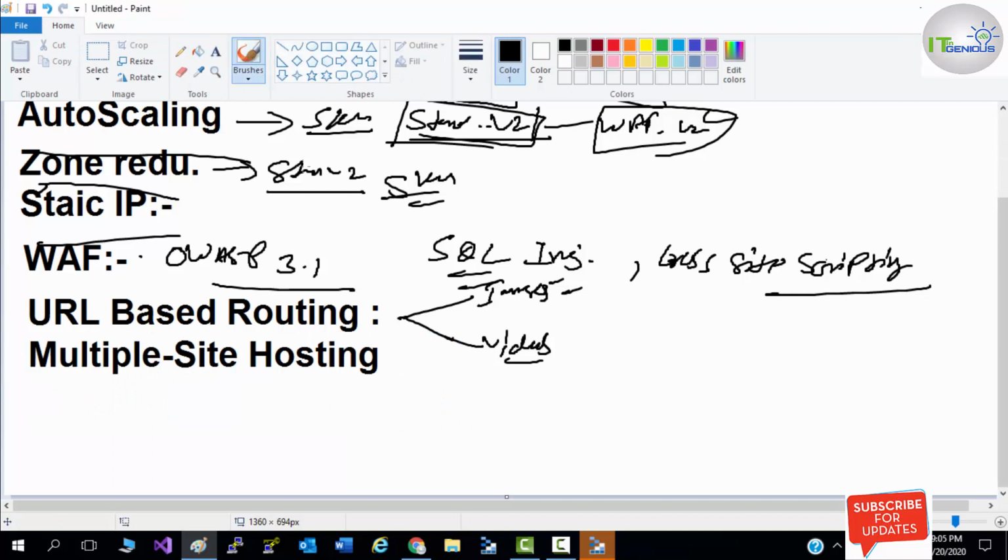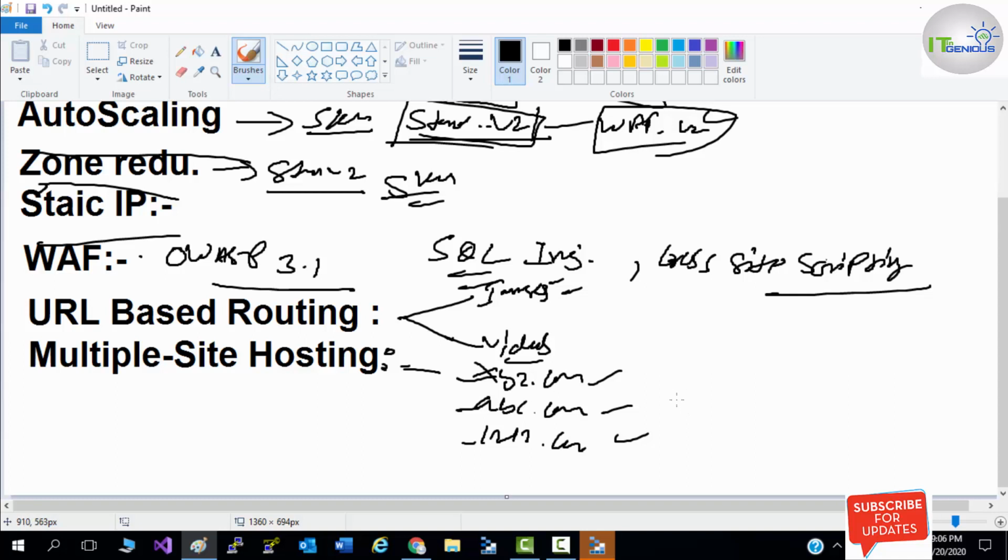You can host multiple sites on a server, and you can redirect your requests to those web applications or domains, like you have xyz.com, then abc.com, then 123.com. So you can host multiple sites on an instance, and then route your traffic to all of these. That setting you can do, which means multiple site hosting can be done through your application gateway.